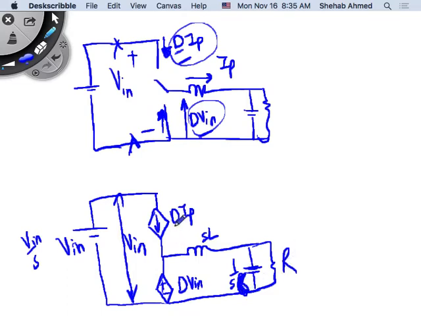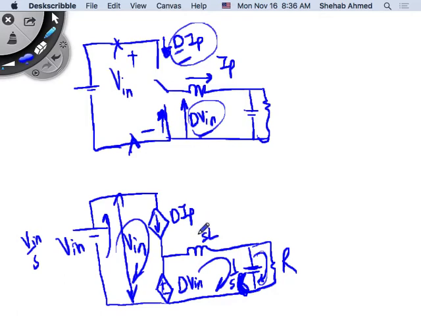Right? So you can take Kirchhoff voltage law around the loop. You have one loop here, one loop here. You can have a loop here if I include the capacitor, for example, right? You can do a loop here, a loop here, and a loop here, for example, right? So you have these three equations that represent this circuit. You can combine them. You can remove variables and substitute, for example, you know that the output voltage, the voltage over the R, is equal to the voltage over the capacitor. So you should be able to do some simplifications and come up with a single equation in the Laplace domain that